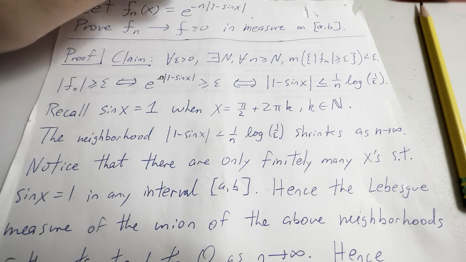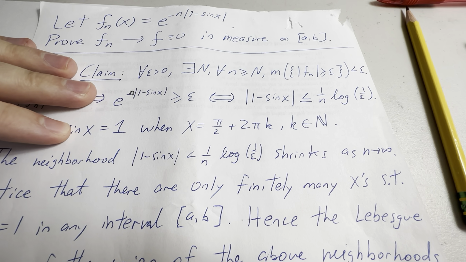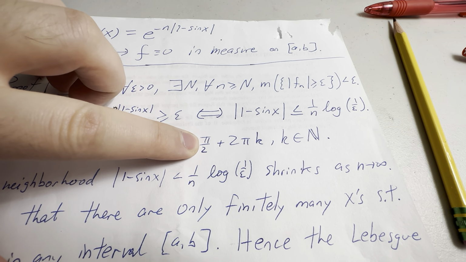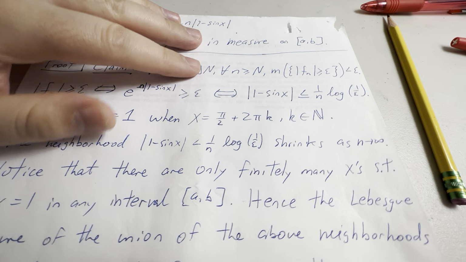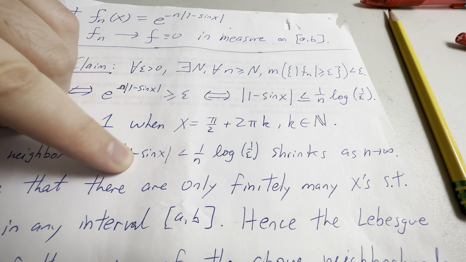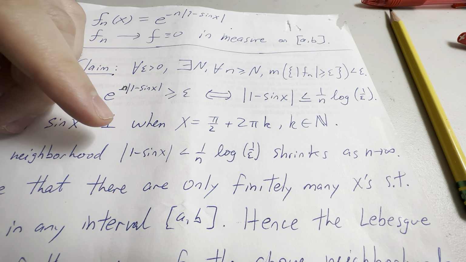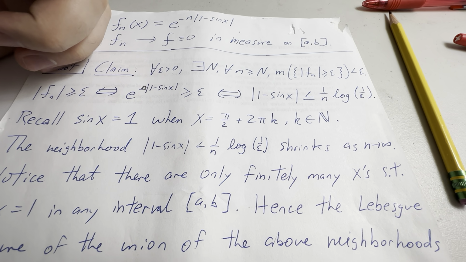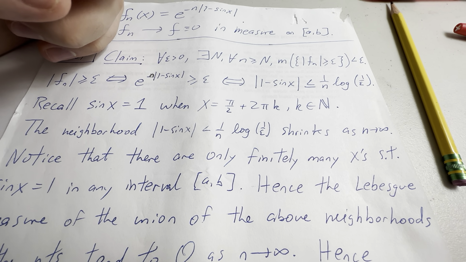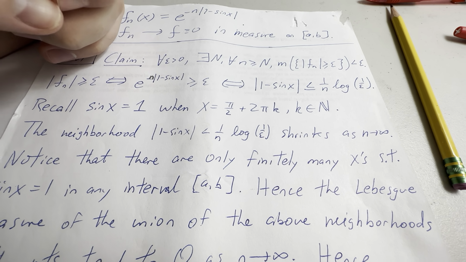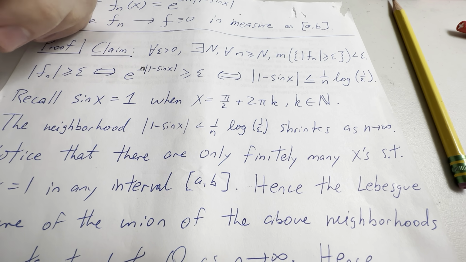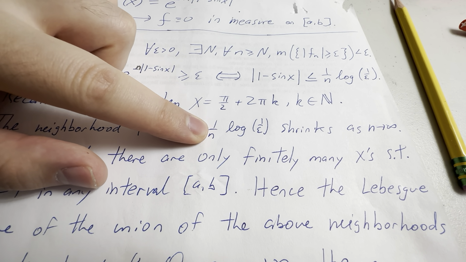So we make the following observation. Sine of x is equal to 1 when x is equal to pi over 2 plus 2 pi k, where k is an integer. So this neighborhood of x values where this is satisfied has to shrink as n tends toward infinity. And we notice that there are only finitely many x's where sine x is equal to 1 in any interval that you pick. Sine x can only ever be equal to 1 finitely many times, because we want n to tend toward infinity, so the only